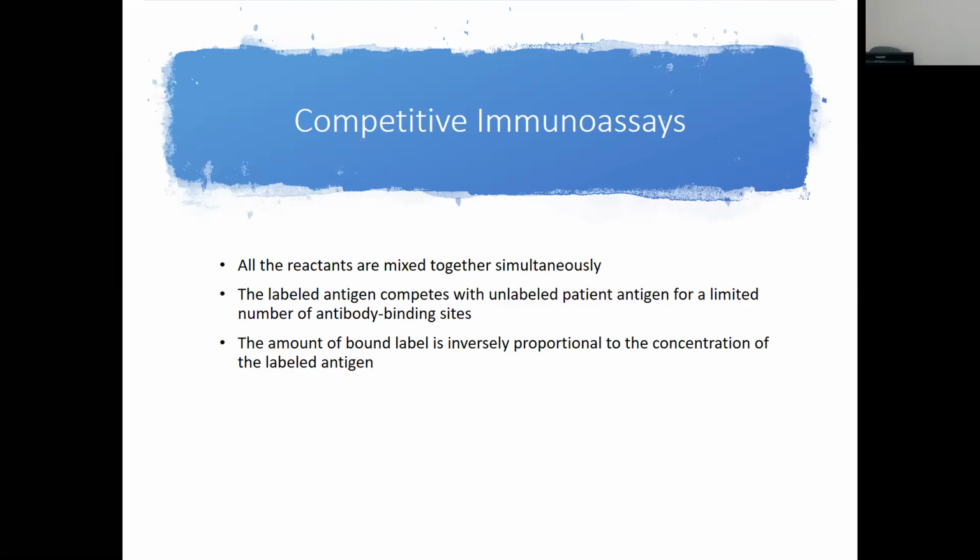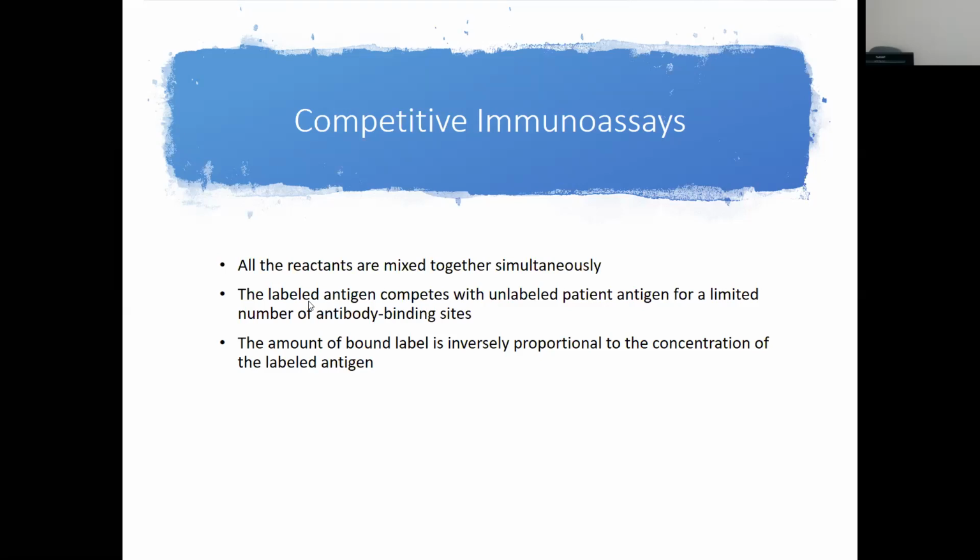So if we added labeled antigen to the sample, let's take the reverse of that, and the patient had flu A, just loaded up with flu A. Okay? Then we would see what? We would see a decrease in the binding of the labeled antigen. And depending on how much is here, we may not have hardly any. And that would let us know how strong the patient had the antigen, how sick, what was the high level, how much of the antigen do they have. We could measure that. Okay? So do y'all have that? That's the first thing, just thinking about what we're putting in and how we're going about this latching.